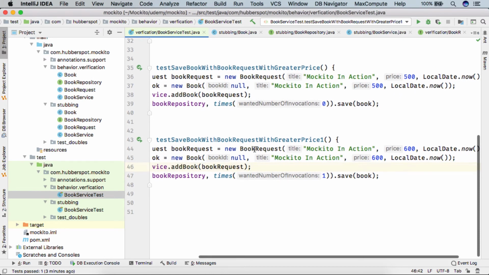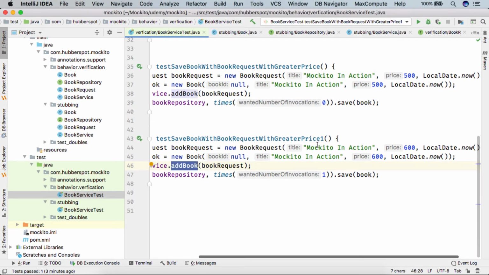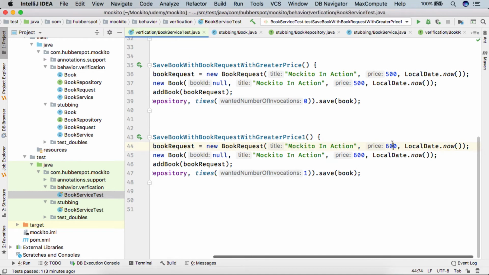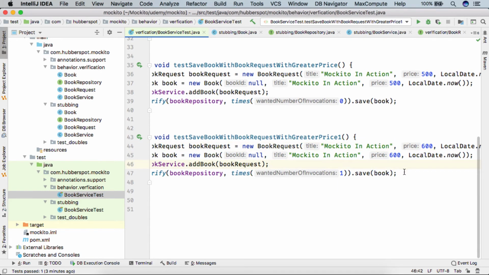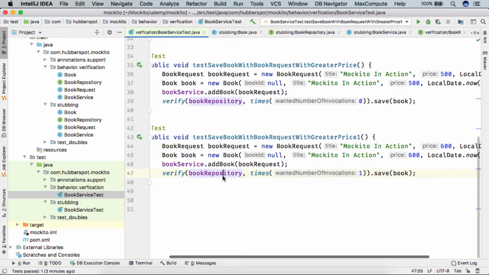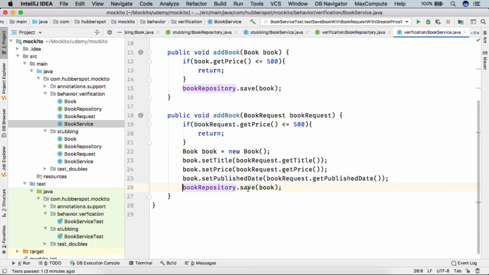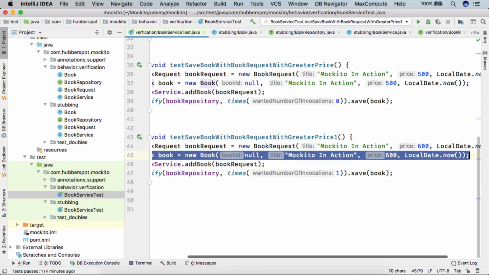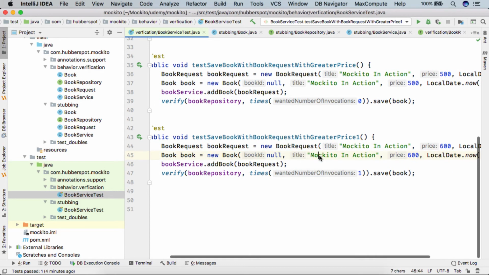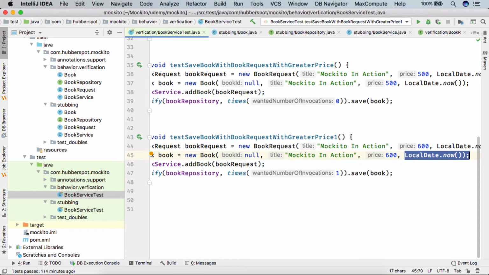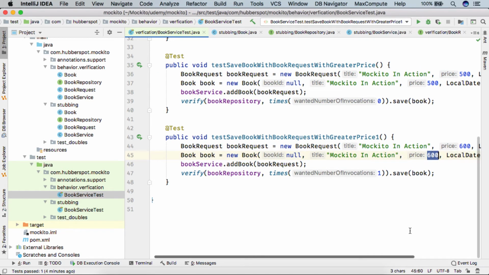So friends, as we passed the book request to our addBook method with the title as Mockito in action, price as 600 and the published date as LocalDate.now, here we are actually verifying that when bookRepository.save was called, the book which actually got passed here matches our expectation that it should contain the title as Mockito in action, price as 600 and published date as LocalDate.now. So friends, let's say if I change something here, give 500. If I run the test case now,